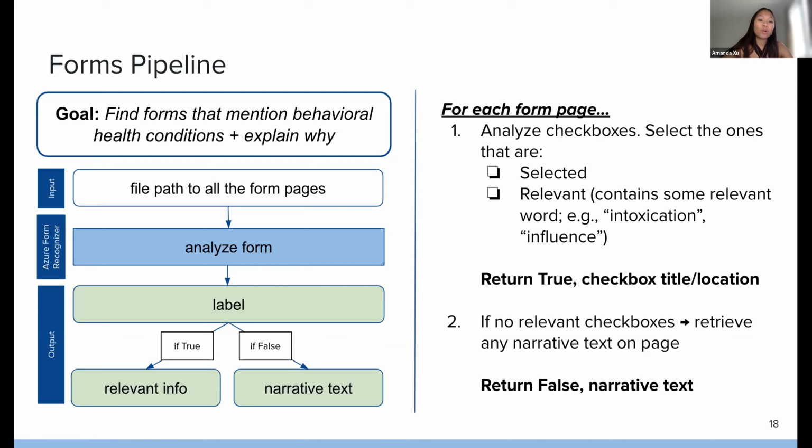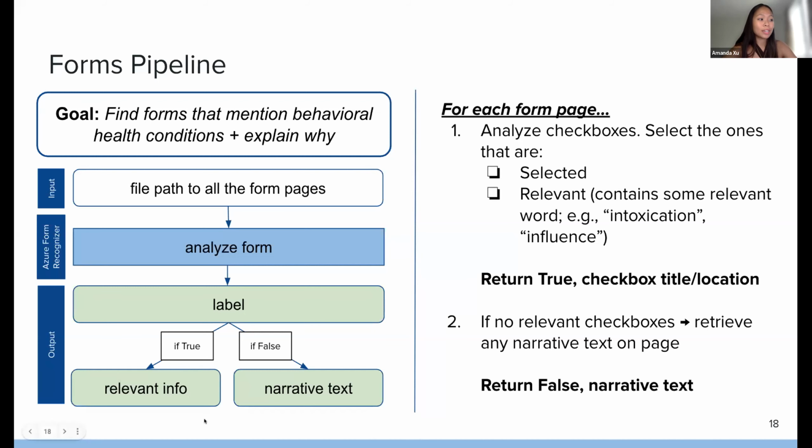But then at the bottom, there will also be an option for the police officer to type up what he remembers from the incident. That's the first reason. The second reason is sometimes the page type classification will actually accidentally classify narrative pages as form pages. And in both of these scenarios, Azure Form Recognizer isn't really processing or analyzing the narrative text. And so we need to do some further analysis to actually determine whether or not the form has